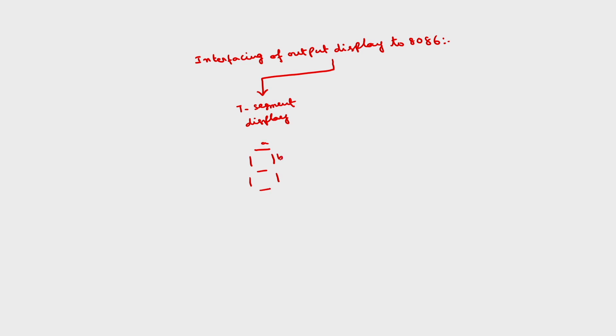This is segment A, B, C, D, E, F, G. So we can display all the digits from 0 to 9. Then suppose if we want to display, in addition to the digits, the alphabets also, then we have to use alphanumeric displays. In alphanumeric display, we have 18 segment displays, such as this is an example of an alphanumeric display.